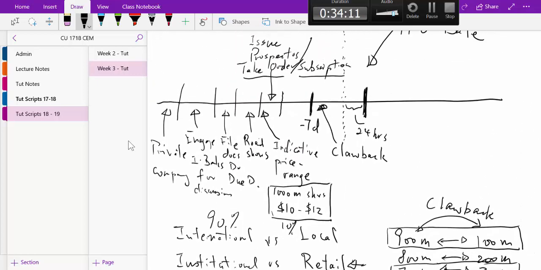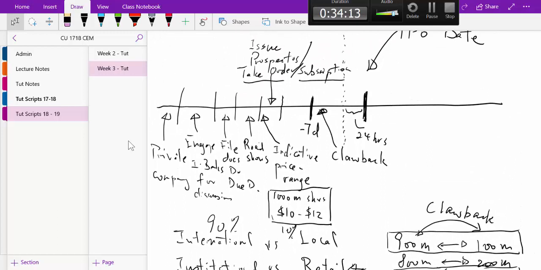Okay. We are now at 34 minutes. So this is now when things get interesting. After you've done the clawback, the over-allocation will happen somewhere around there. There will be a lot of intense negotiations closer to the date, and literally the night before, so I'm talking like 8 or 12 hours before the actual IPO,